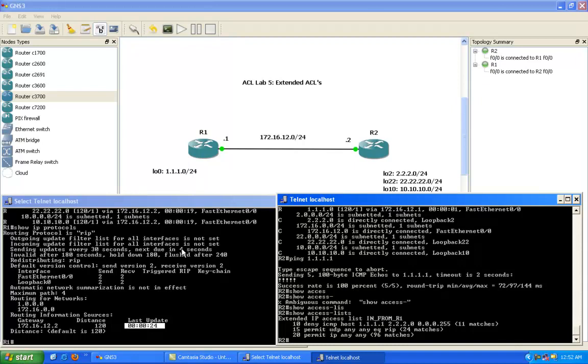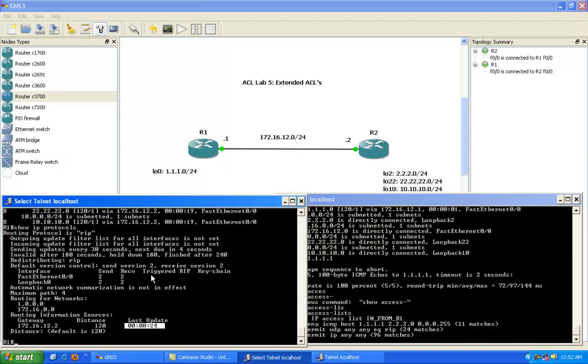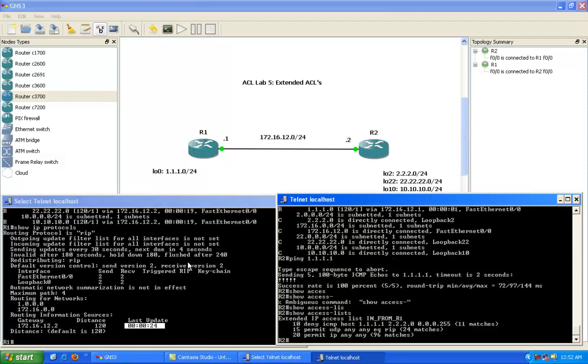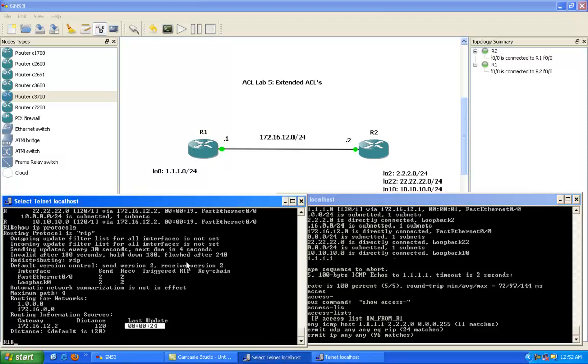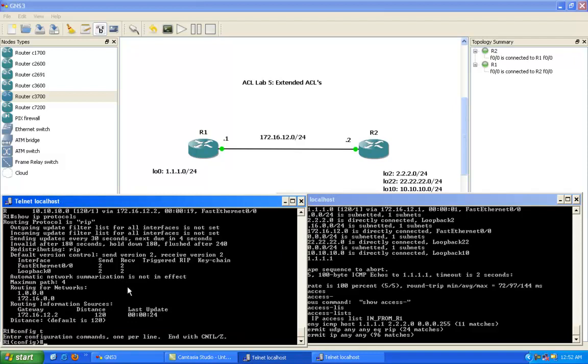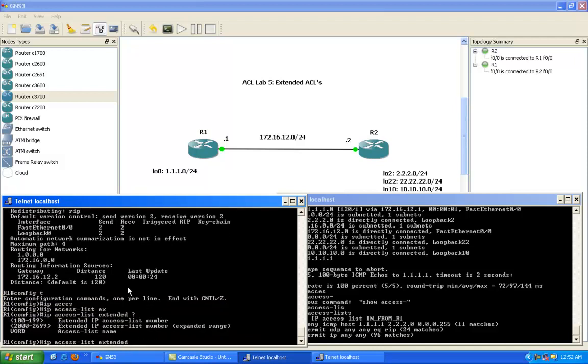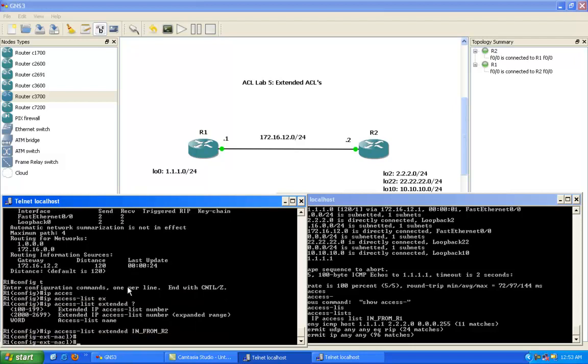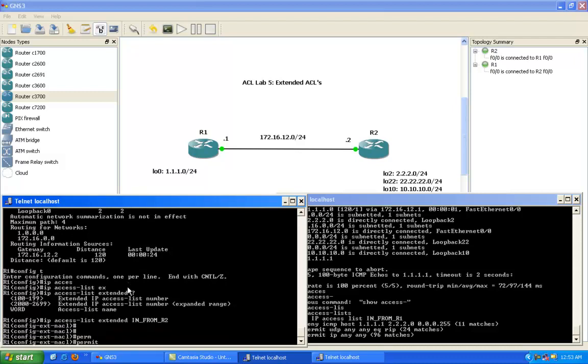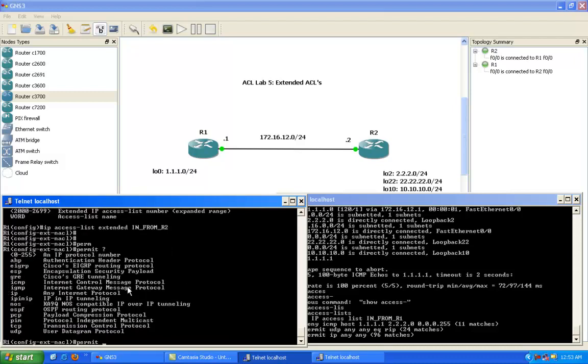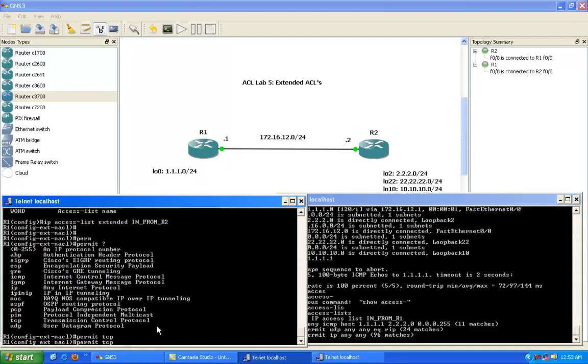Let's go ahead and do this now. Let's go ahead and do an ACL inbound on router 1. And this ACL on router 1, we will call it an extended ACL again, and we'll do in from R2. And then here we're going to allow TCP traffic. We'll just do permit TCP,